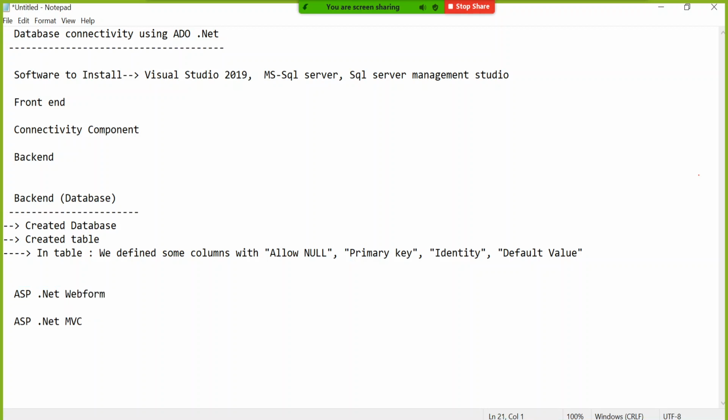Real-time environment means GUI, graphical user interface environment. As of now, from day one of the course, you are seeing the output in a black and white screen, isn't it? That is called console screen or console application. But this time, since we are going towards the real-time implementation of our knowledge, either we'll take web form or we'll take MVC, or maybe both.